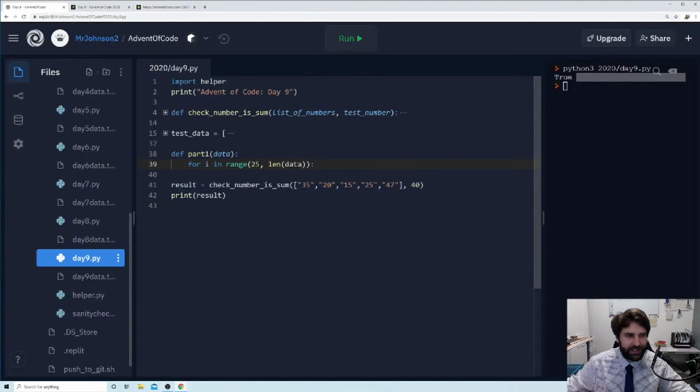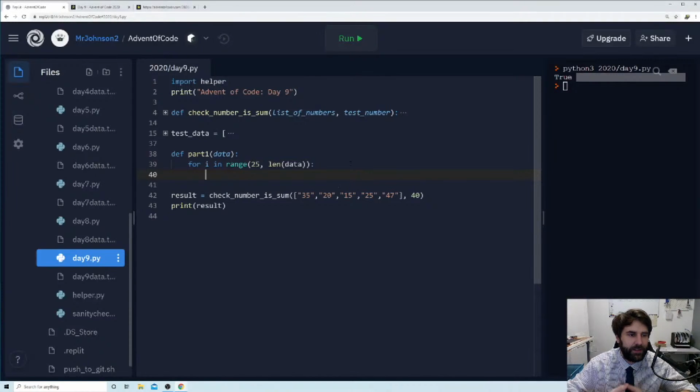So for i in range, we're going to start at the number 25. We're going to go up to whatever the length of our data is, and we are going to check number is sum. So we need our list of numbers. So our list of numbers is going to equal data from a certain position. We want to go from wherever i is minus 25.